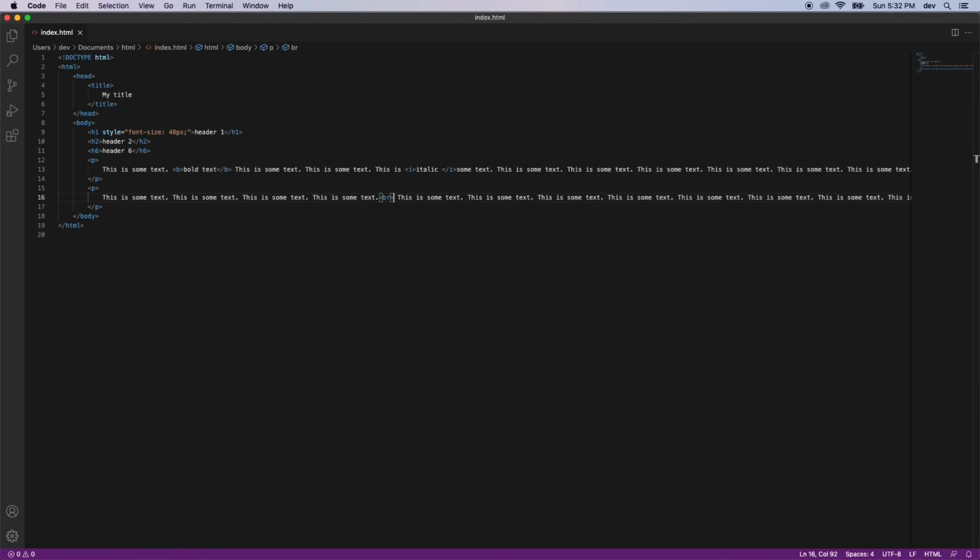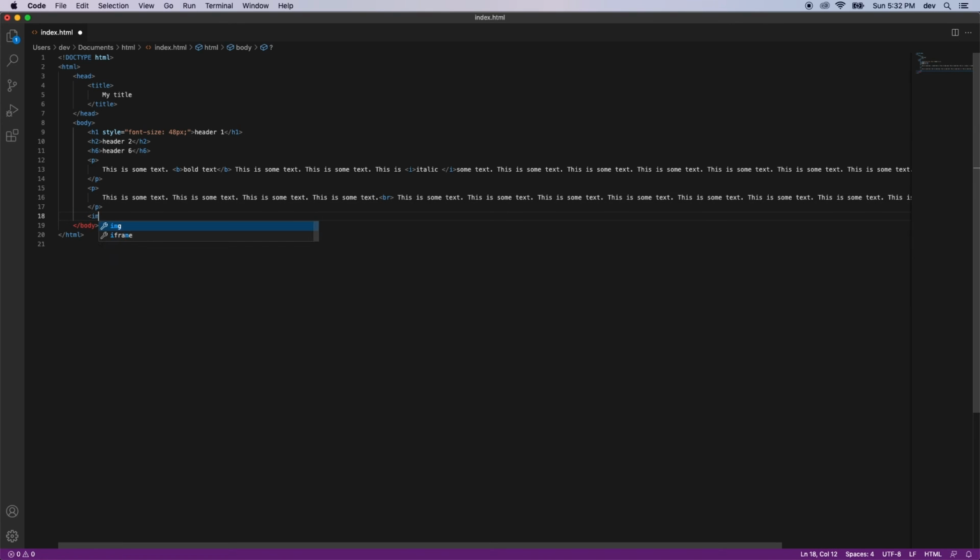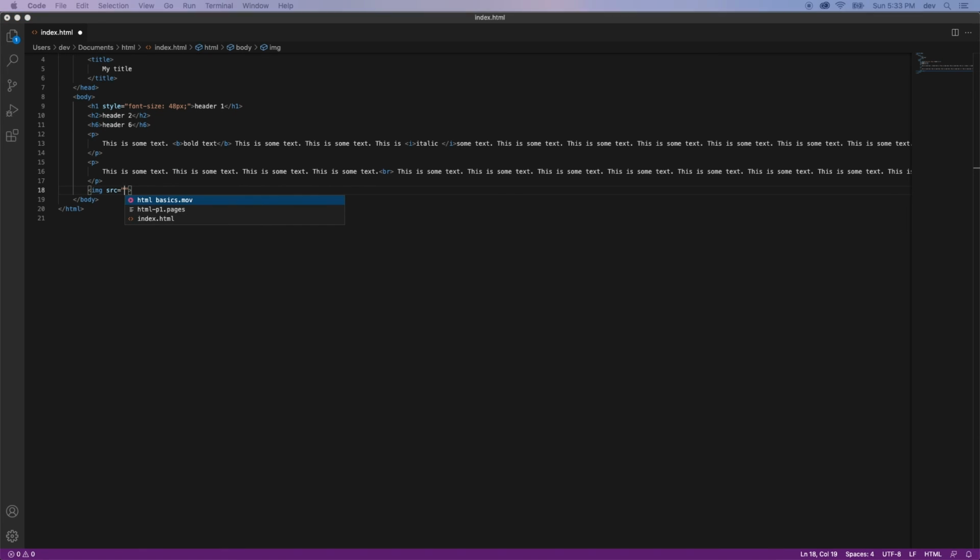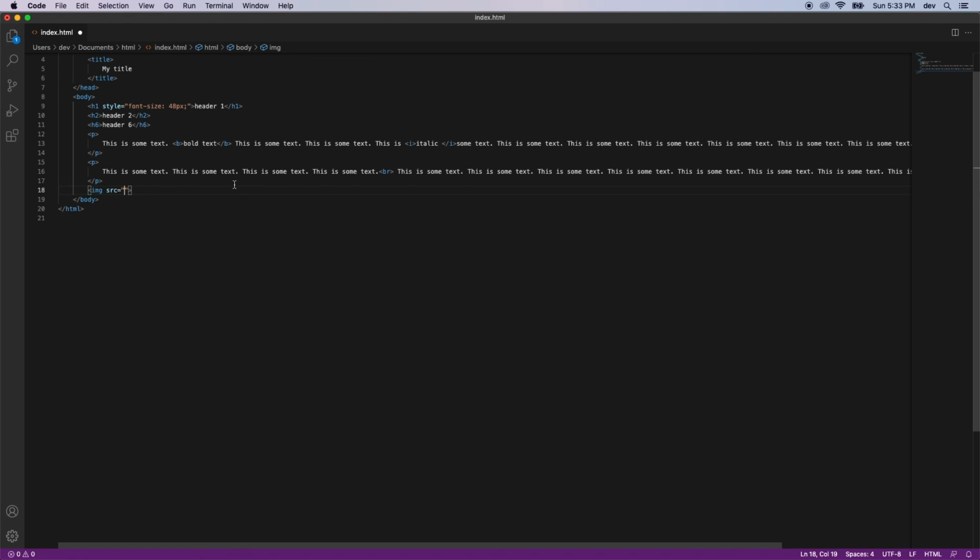Now the next one is the image tag. So here I'm just going to write img, and it takes a few attributes. The first one is src, which is used to specify what the source of your image is. If you want to provide an image on your document, then this is how you will do it. Paste, and